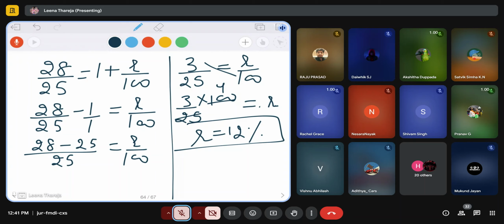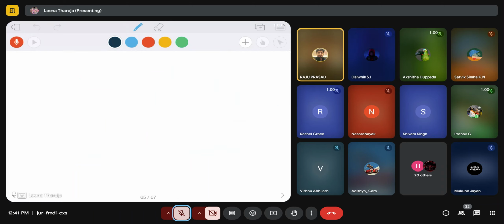Or if you are taking the number of years as 3, that time if you want to do it that way, you need to take the principal as 5,000 altogether. It is up to you, whichever method is easy for you. If you are taking 5,000 as principal, you need to take the number of years as 3. If you are taking the principal as 6,272, you need to take n as 1. So should I do the second one or the first one? Ma'am, anything is fine. Whichever way you are comfortable.